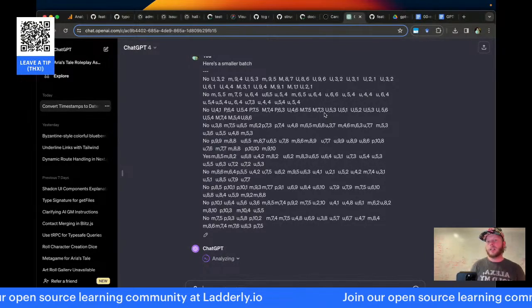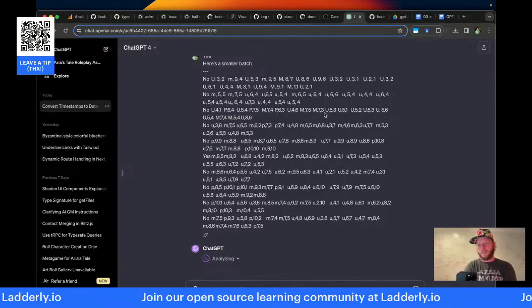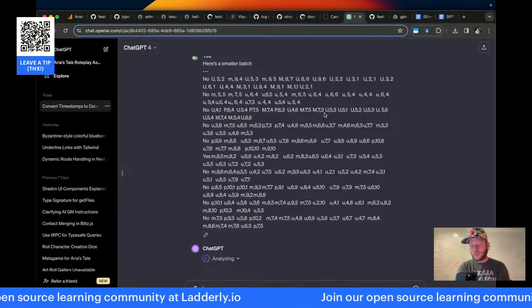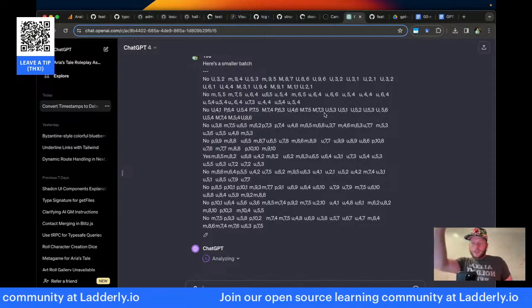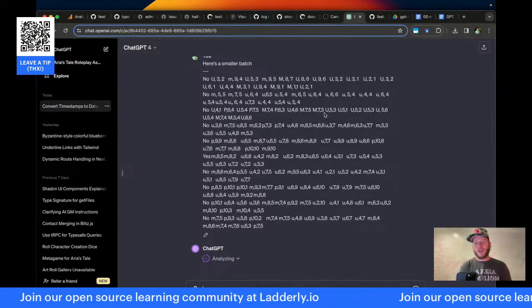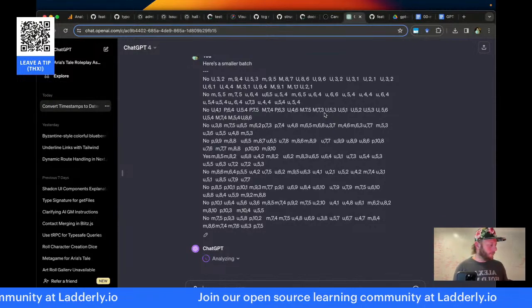Once we get the CSV cleaned up, we are going to destroy this GPT chat, or maybe not destroy it. Maybe I'll preserve it, but we're going to create a new one with the fresh CSV to basically clean up the token window, because it's going to have all these weird tokens in its context.